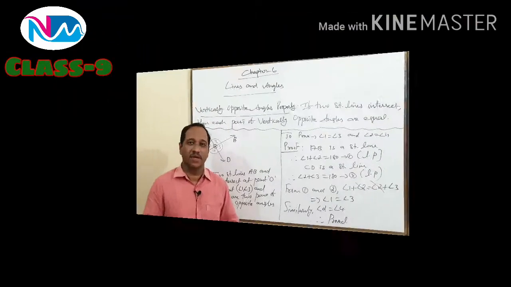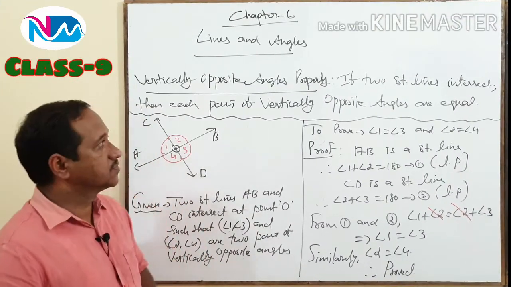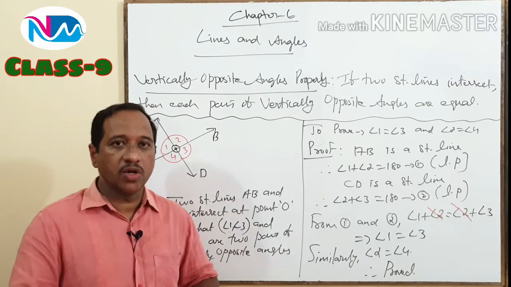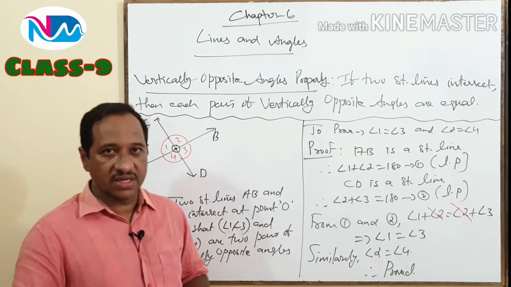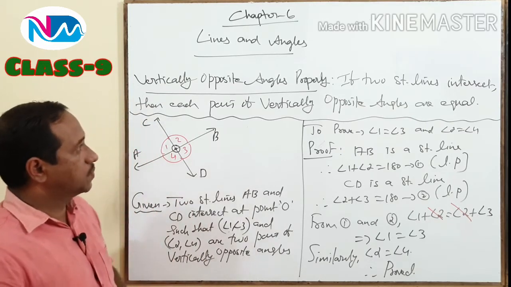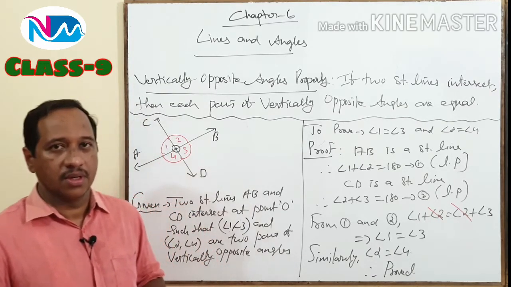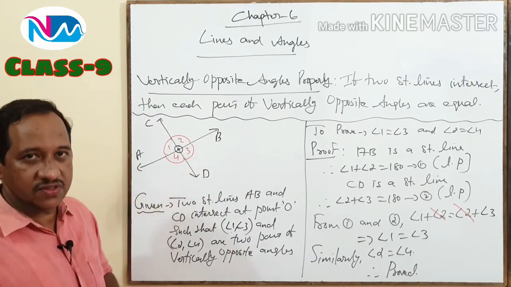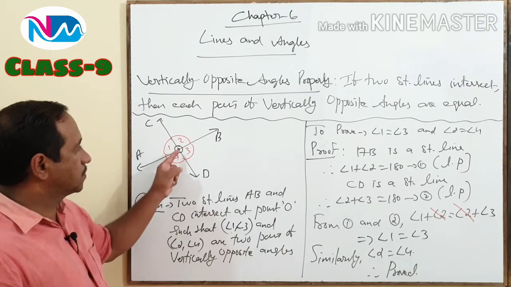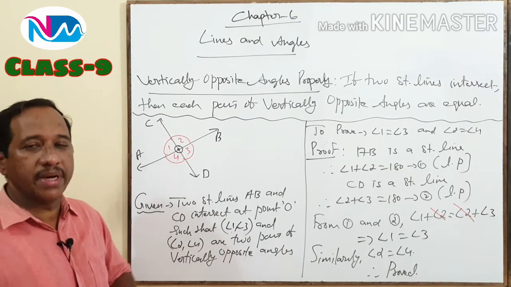Now we are going to prove the vertically opposite angles property. The vertically opposite angles property states that if two straight lines intersect, then each pair of vertically opposite angles are equal. Here, AB and CD are two straight lines intersecting at point O, so that we have two pairs of